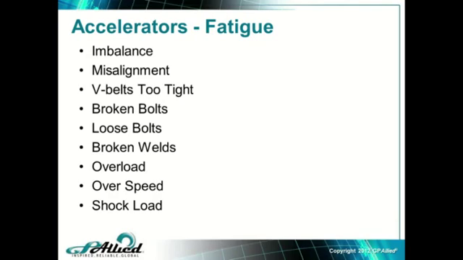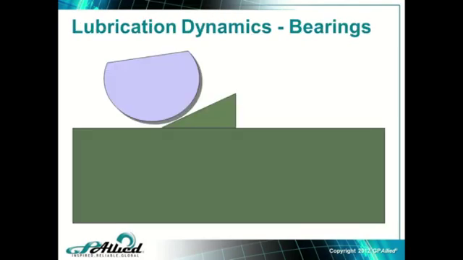Okay, so that's the mechanical aspects of how a bearing fails. Let's talk about how a bearing fails chemically. And some of you may be going, well, wait a minute, what do you mean chemically? There's no chemicals in a bearing. Well, actually there is, and there is a chemical reaction that happens inside a bearing that is supposed to happen,